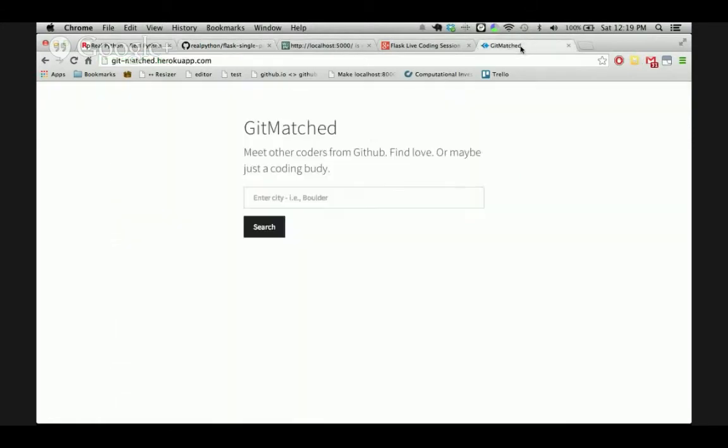And again, this is what we're going to be building here, this Get Matched, and it's kind of like a Tinder for finding developers. So what you can do is you can just type in a city, click search, and that's embarrassing. My API rate limit has been exceeded. So it looks like a number of people have used this, so it's actually not working right now. So what it does, and you've seen this last time, is it searches a city. It uses the GitHub API, searches by city, and pulls developers in so you can find pair programmers. That's what we're going to be creating.